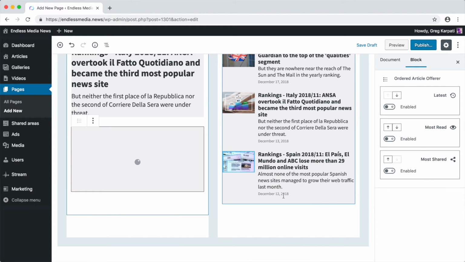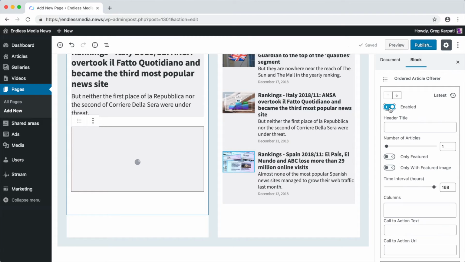This block lists articles in one of three orders: publication date, page views, or Facebook shares. I'm starting with the first, adding a title, setting the article count and the time interval from which the article should come.